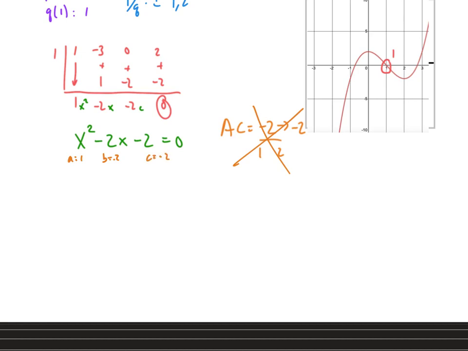So x equals negative b, plus or minus the square root of b squared, which is negative 2 squared, minus 4 times